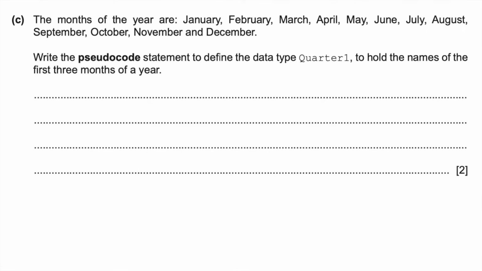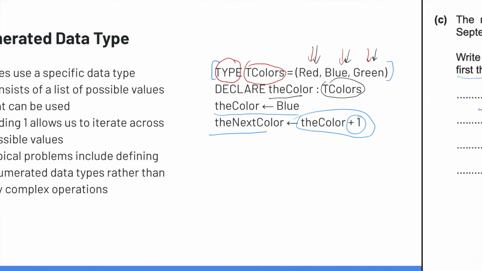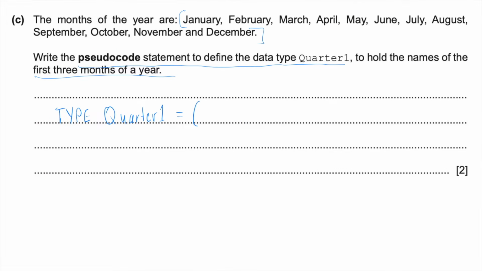So let's look at an example of an enumerated data type on the A-level exam. Right here it says write a pseudocode statement to define the data type Q1 to hold the names of the first 3 months of a year. And obviously these are all the months in a year. So we're going to call this data type Q1. So in order to write the pseudocode, we're just going to do type Q1, and we're going to do equals to parentheses the first 3 months, so January,